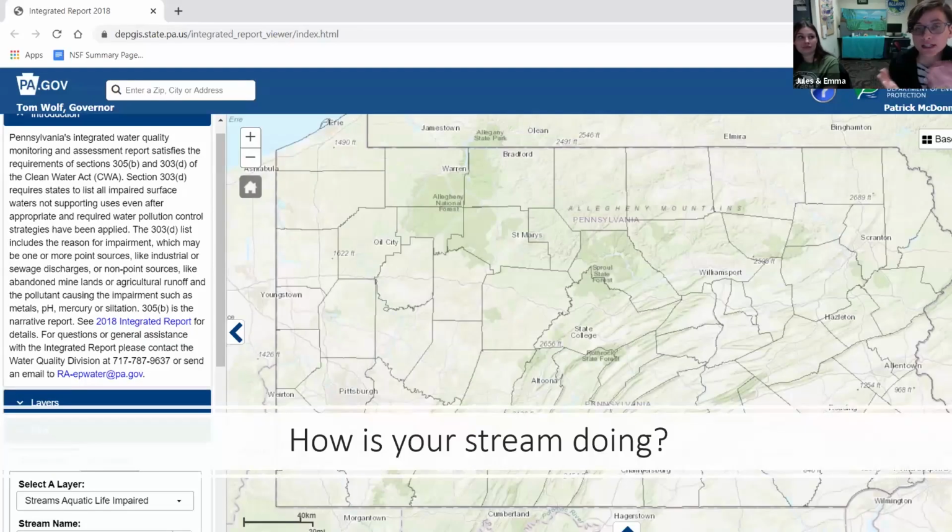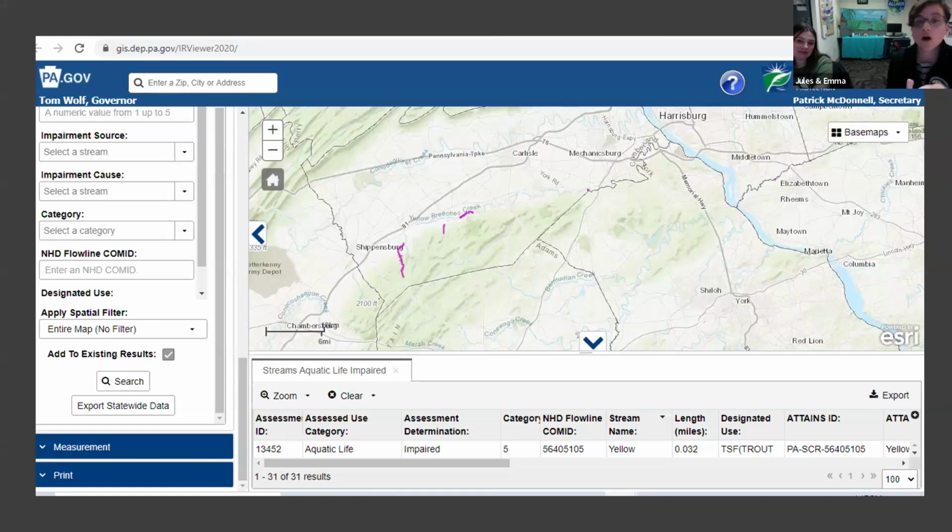So if you are curious to see these biennial reports, as Emma was saying, the 303B, 305B, 303D, it requires the state to put together these biennial reports. And so we'll drop the link here of where you can find the story map to determine how your creek is doing. Okay. And with that, we already had such a great conversation about impaired uses. So you'll notice that over 50% of the streams, or close to 50% of the waterways in Pennsylvania, are listed as impaired. And just a little note, this came up in our last data orientation meeting.